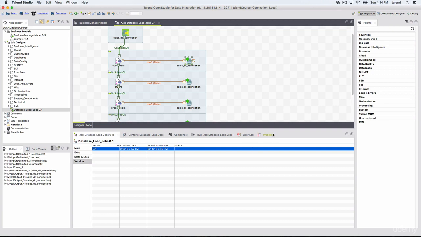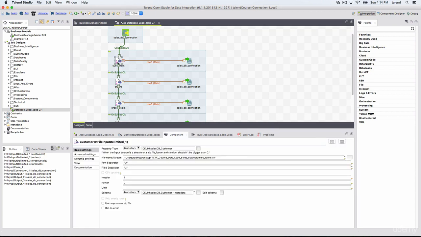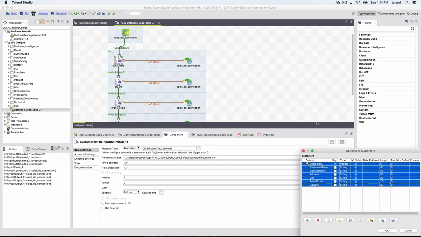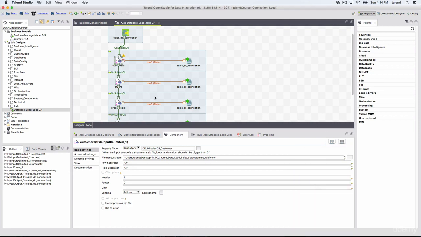Then we saw the problems view. It displays the messages linked to the icons docked on a component. For example, if I don't give it any schema, it will show me some warnings or error messages, as you can see here.